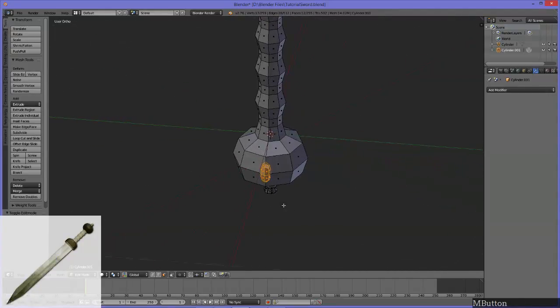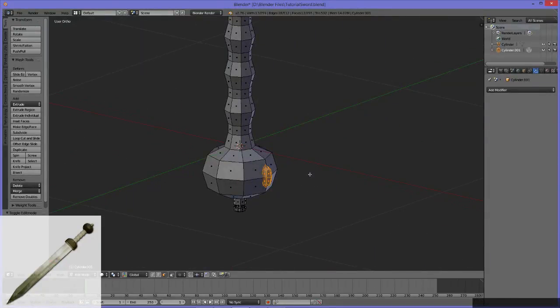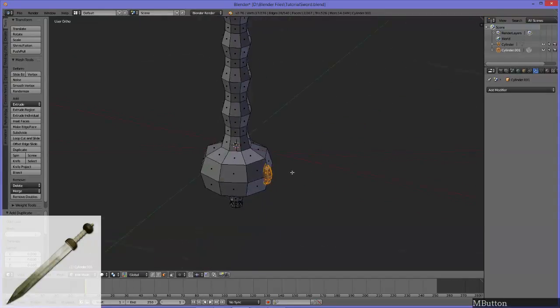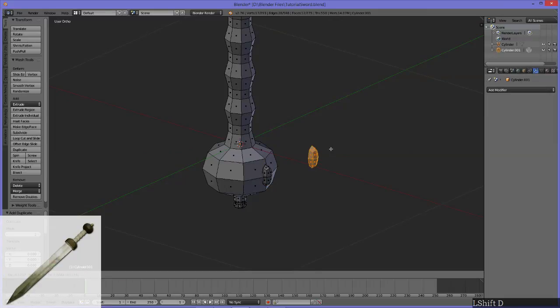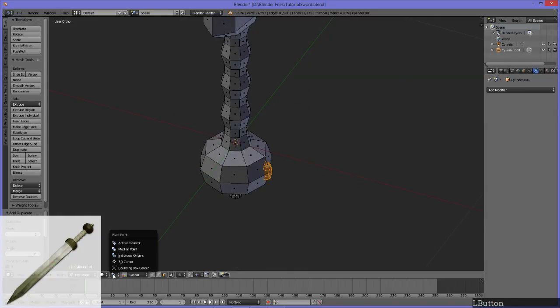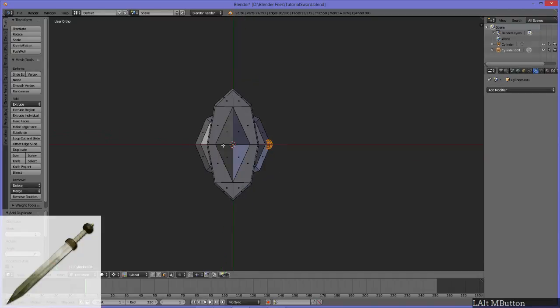Alright, so we got our 1 gem, but we need 4 more gems. How can we do that super easy? Well, we could duplicate it, right? But that's not on rotation. Okay, let's try duplicating it and then hitting the rotate button. That's not what we want either. What we do want is to use our pivot point 3D cursor. And since I pressed Shift Z, it's right there in the center. So now we can hit